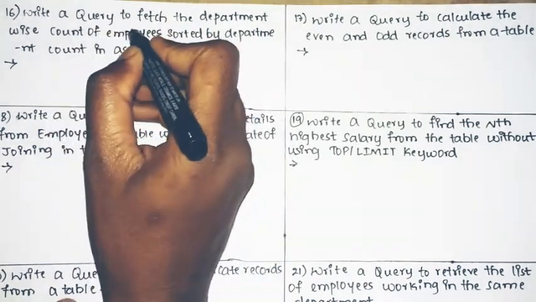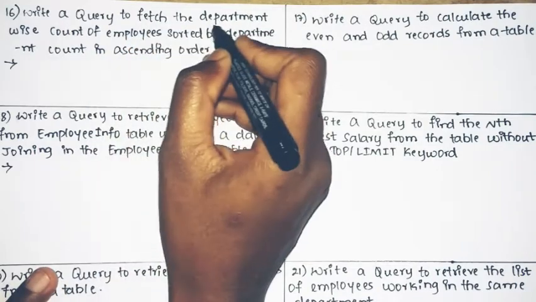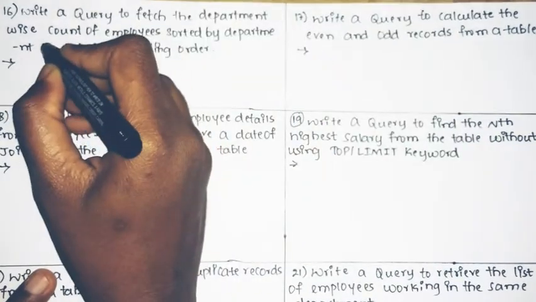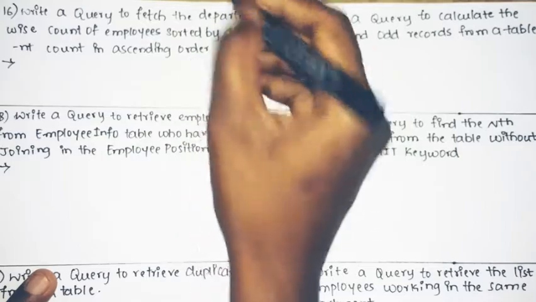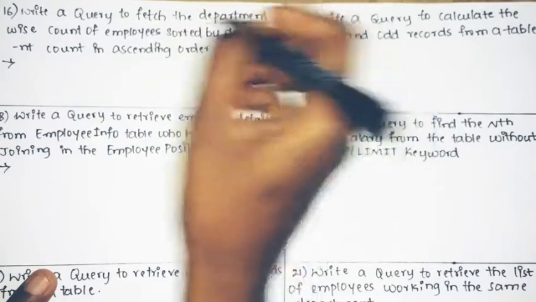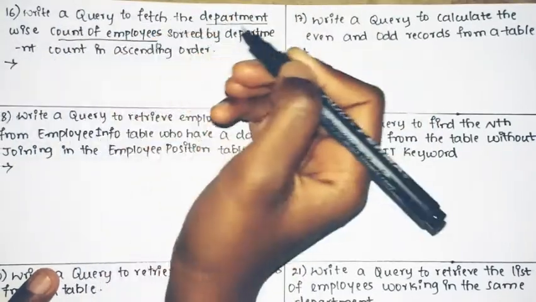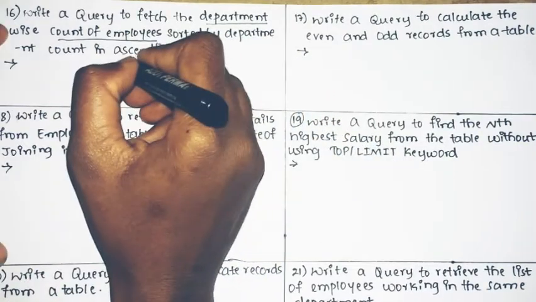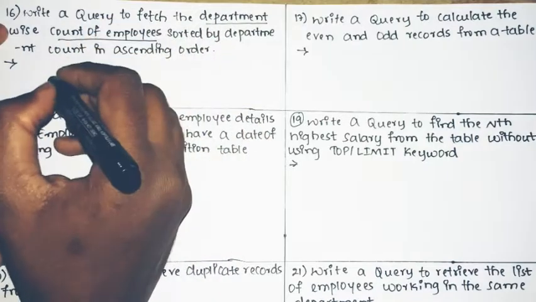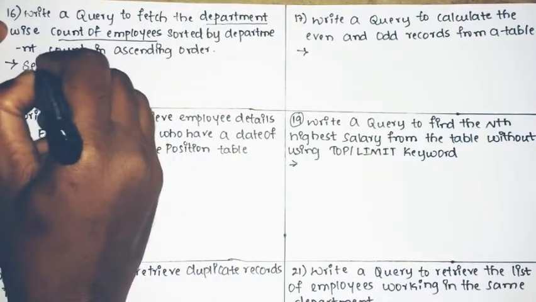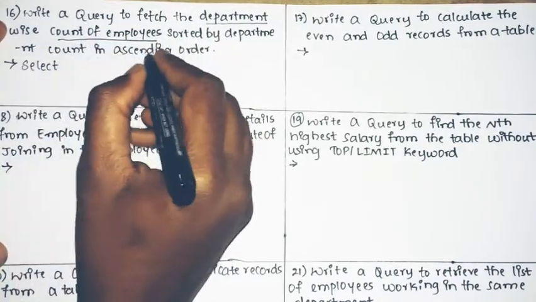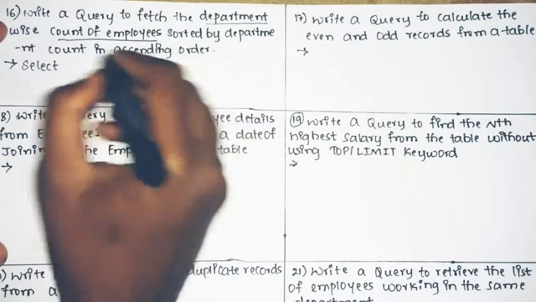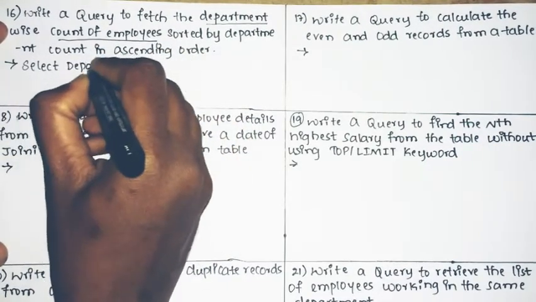So here what you need to do is you need to write a query and you need to fetch the department wise count of employees, and then after that you need to sort the count in the ascending order. So first thing is what you need is select. So you need the department. So select department,